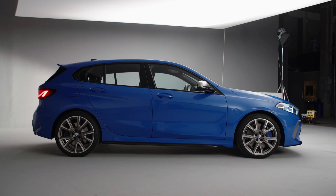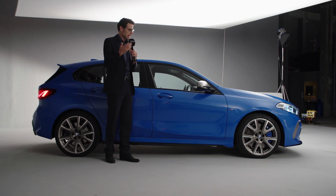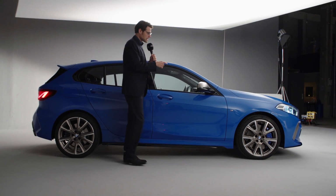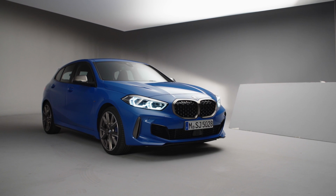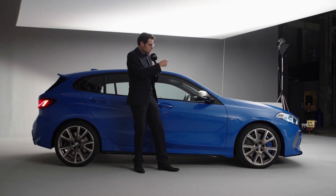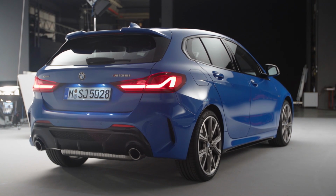4 meters 32, 14 foot 2 or 170 inches is the length of the new 1 Series. And if you really know the length of the old one, well, it hasn't really changed, but the proportions have changed. Here you can see the front hood is actually shorter. Yeah, I mean, visually, it usually looks better when those cars have a long hood. But however, this one is a hatch. So I think it does somehow then still fit to the car when the hood is a little bit shorter. When it's a hatch car, if it's a sedan or something, then the longer hood is definitely always more beautiful,